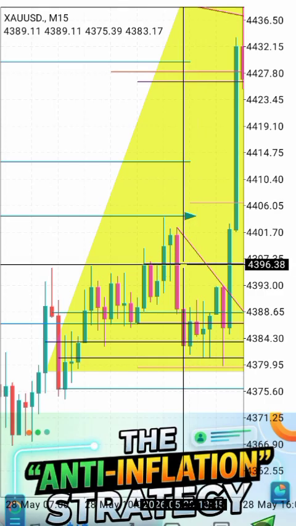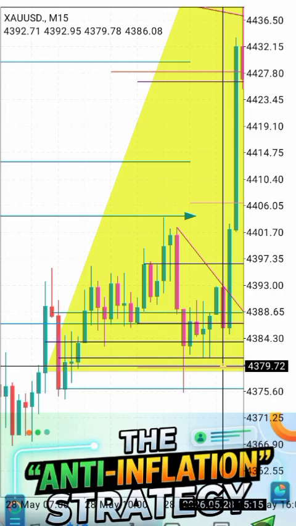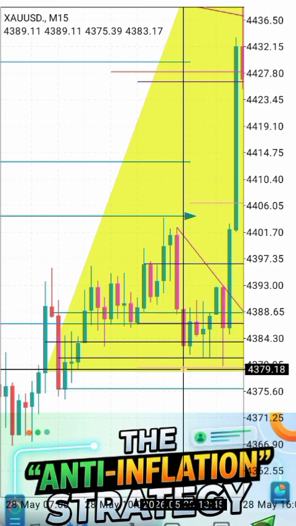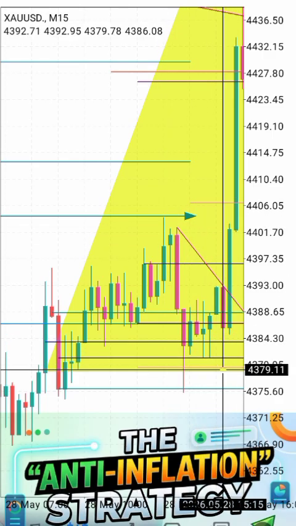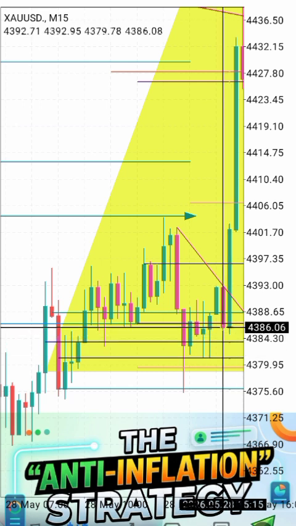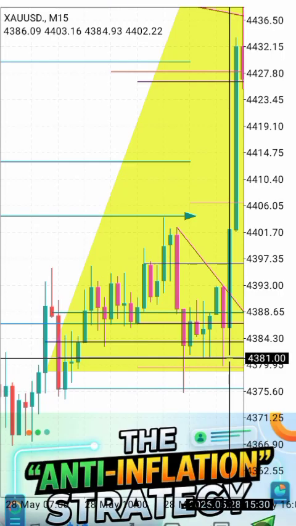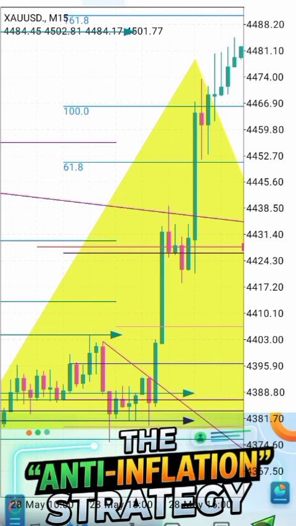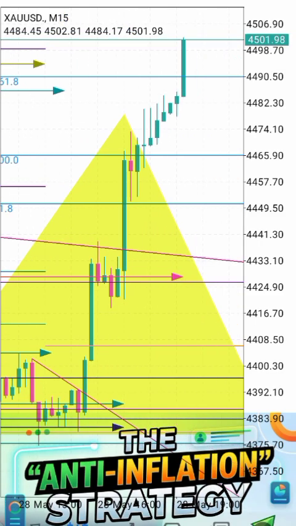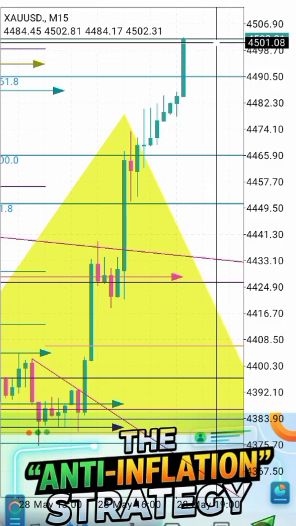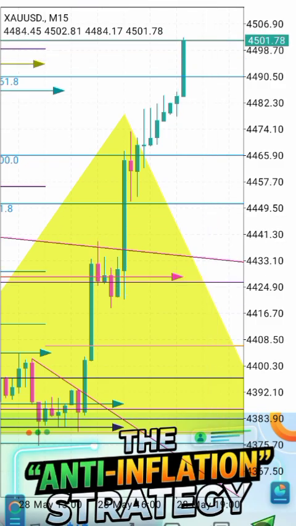So finally the market came down, retested the level. This was the first test, okay, as we had expected, and this was the retest. Now we also had other entry levels at 81, 83 and 88. So altogether 4 entries, and this is the move. Finally 1000 pips of profit was achieved at 4478. So this is live market confirmation, and the market is still moving to finally fulfill the projection for the day,